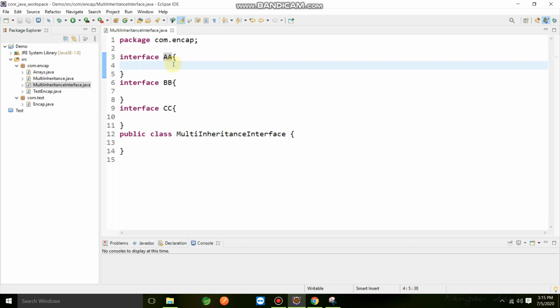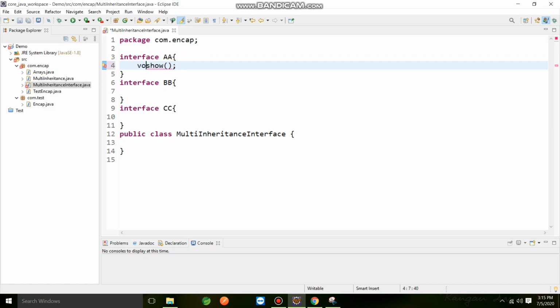In an interface we only declare the methods, like show. If I write it like that and close it.